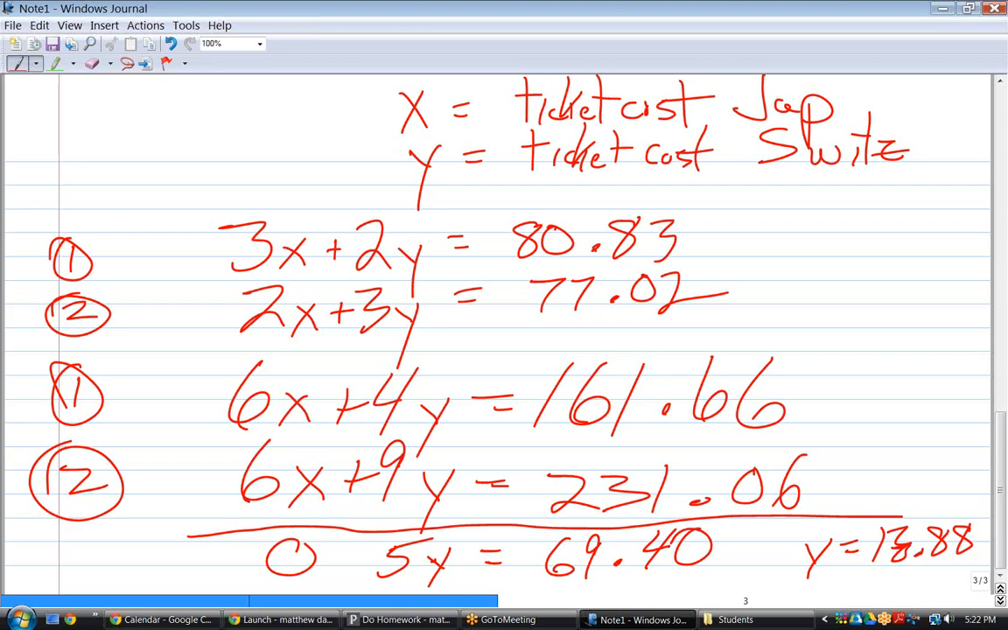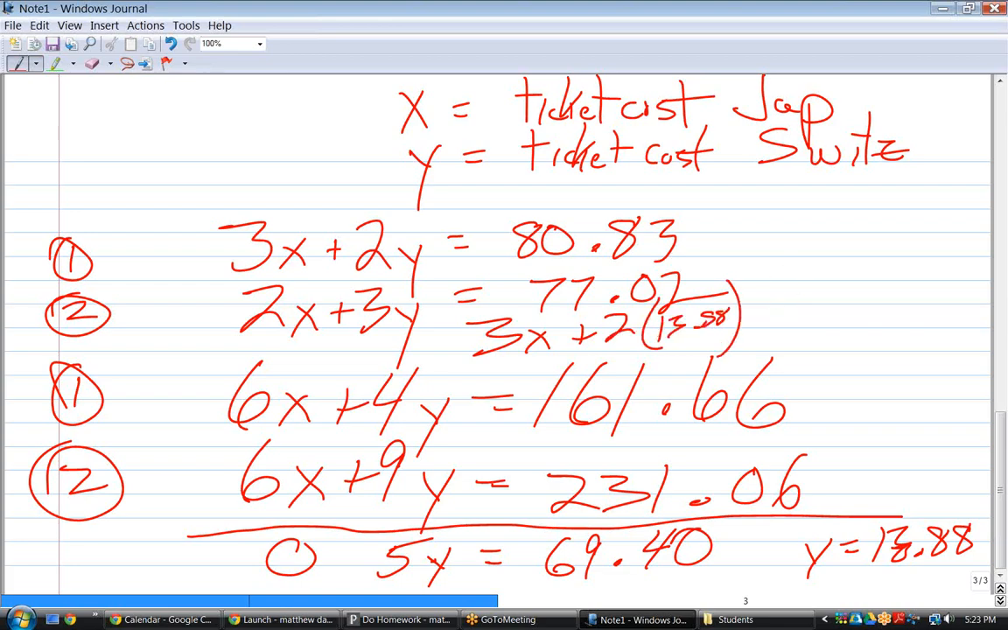You would plug y into one of the equations and pick one. Which one would be the best one to plug it into? Probably the one at the very top, the 3x plus 2y. I don't think there's much difference between this one or this one. If I plug it in, what do I get? I get 3x plus 2 times